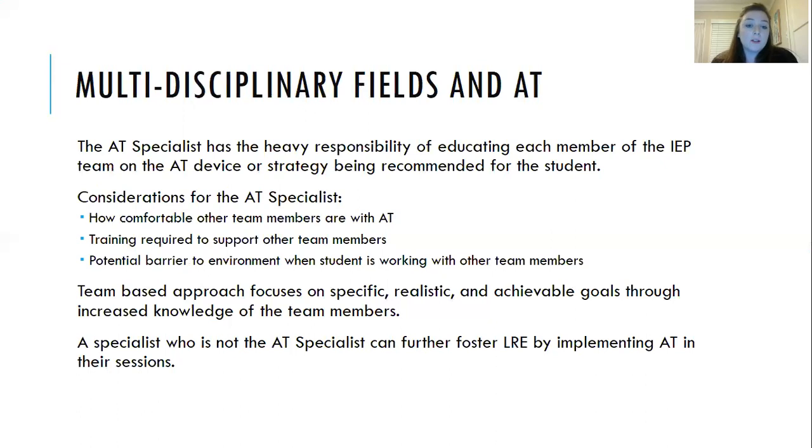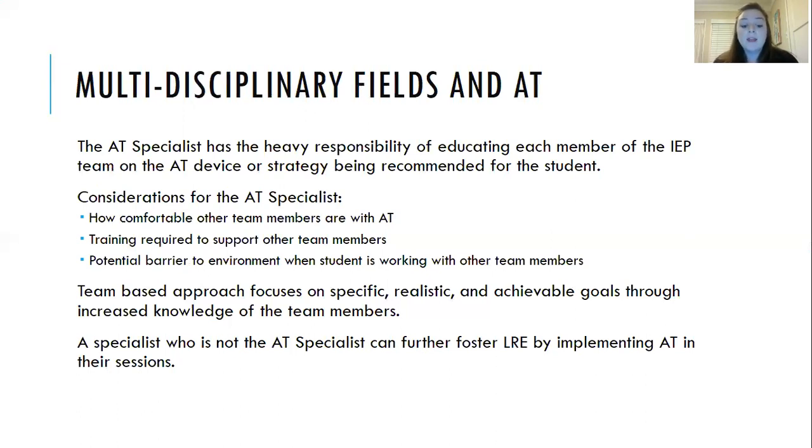And in a research study that I found by RESNA, they showed it to be a very difficult task of writing measurable IEP goals relating to assistive technology. And then they did this study and they supplied teachers with training on writing measurable assistive technology goals. And then after the training, they were able to write a lot of better goals. So you can just see that just by providing teachers with training, they'll be able to get it a little bit better. So, and then just to tie it all in,